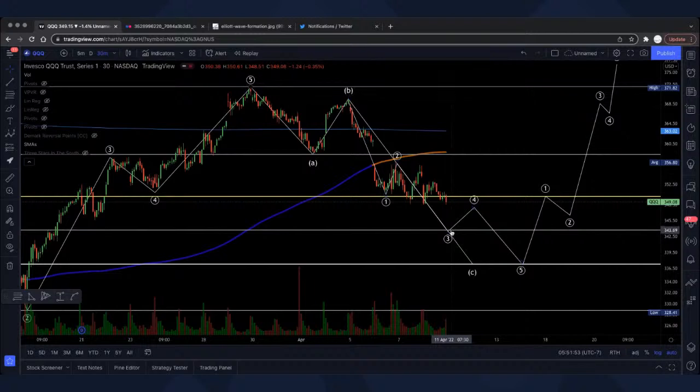Once it finishes correcting, this looks typical of what happens with CPI. We're going to hit this area here, 343, bounce up to 349, where now the support becomes a resistance. 349 has been a resistance or support the last couple of days, so this area might now be a resistance. Come back down, and then boom, back to probably the 380s. Okay, so hope you found that useful. That's the forecast for the